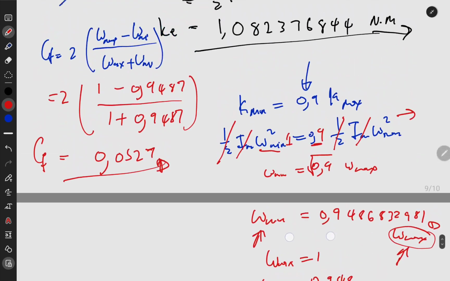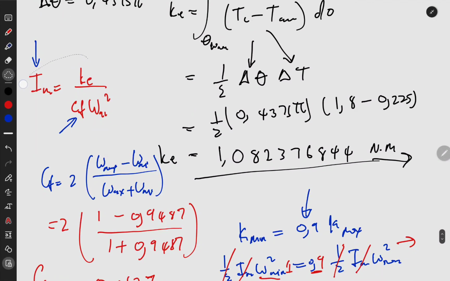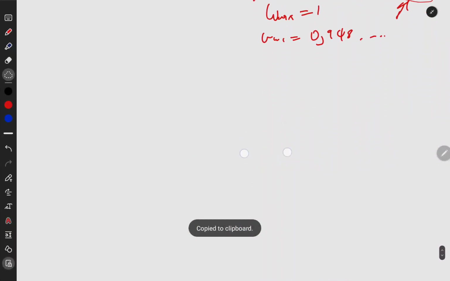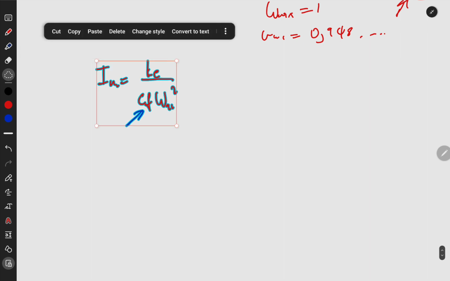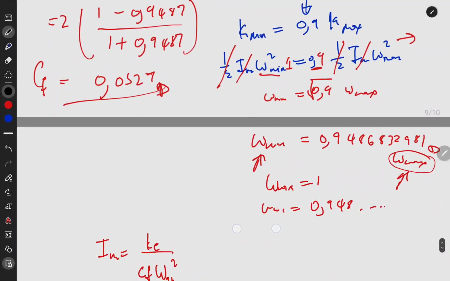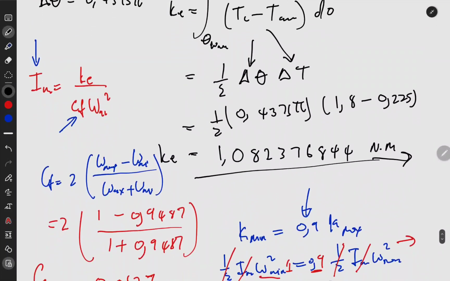Now, what were we doing exactly? Okay, we were here. We had everything except one thing, CF. So now we have CF, we can continue with that formula. So IM is going to be the kinetic energy. We have it somewhere. I remember calculating it. It was this very long number,